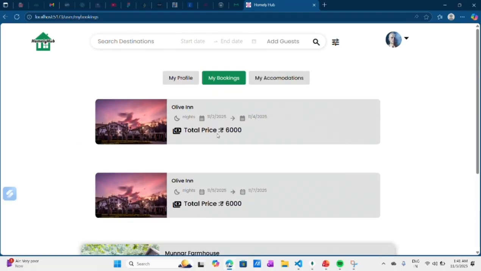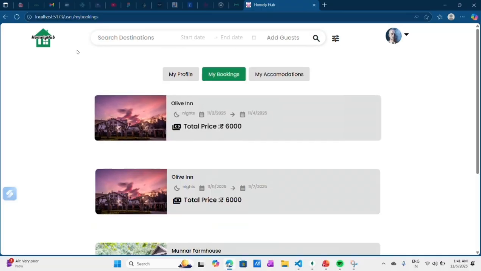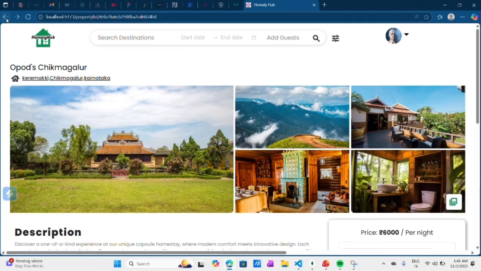So this is all about my project. One thing is also there in the header part, all the functions are working. If you want to search a particular destination, like Goa or anything else, you can simply type Goa and click enter.